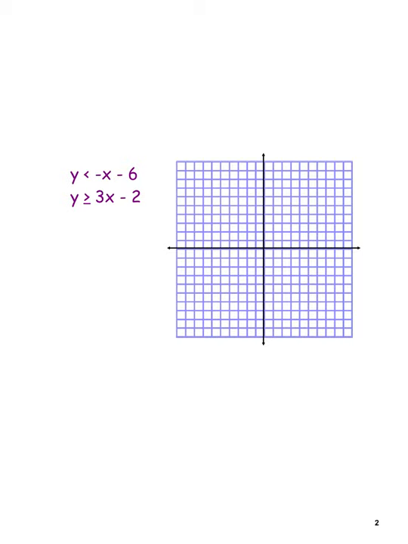The inequalities piece is very similar to just graphing an equation of a line. It's just about determining what part of the graph we are referring to, because when we graph a line, it's simply the line itself. But when we have inequalities, we're talking about the space above or below that line that we're interested in. So for instance, looking at this very first graph here,